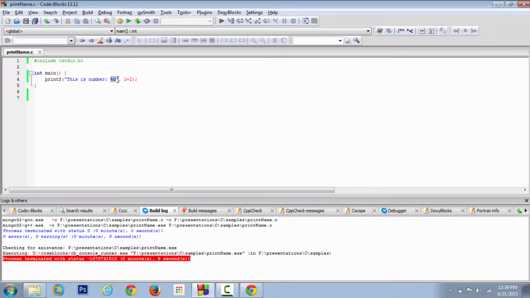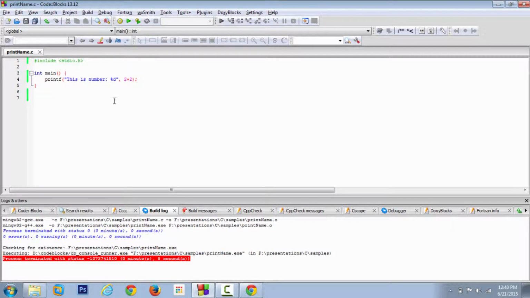Then when it sees that it has got a format specifier, the format specifier starts with the percentage symbol and it ends with this D. Now there are several types of format specifier. We're not going to look into all the details of the format specifier until chapter 2, which we're going to look into next when we discuss variables. Now when it finishes computing and it finds out the result, it takes the result and it places that result inside this format